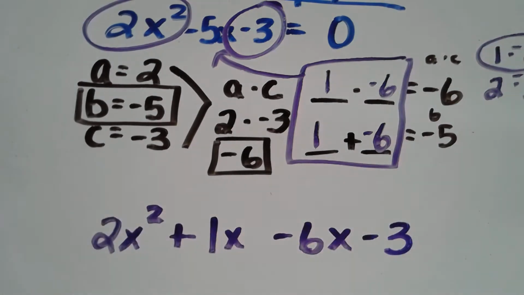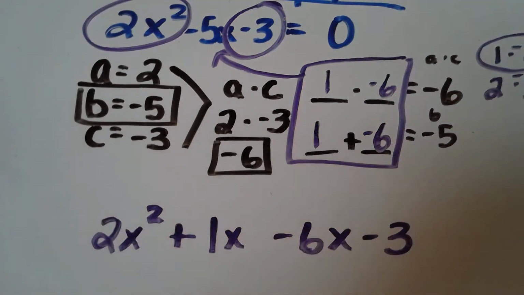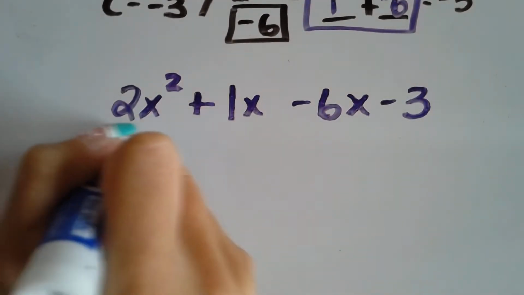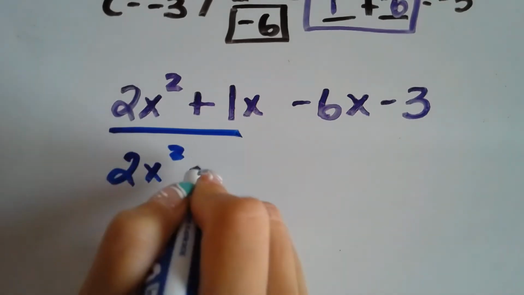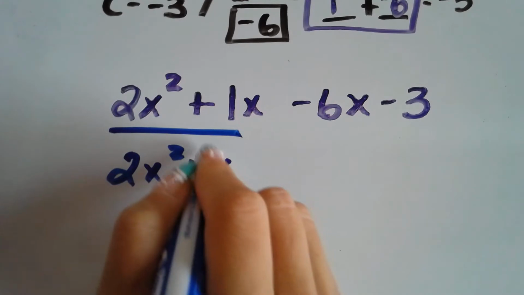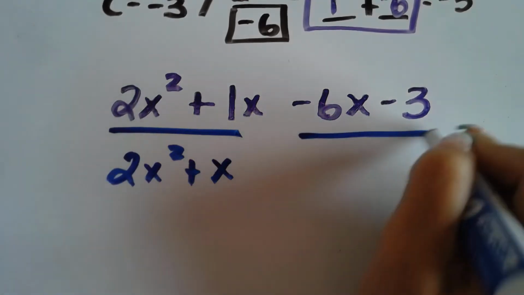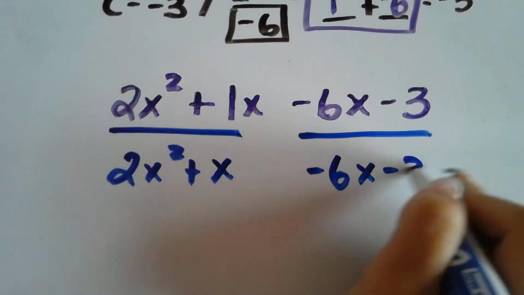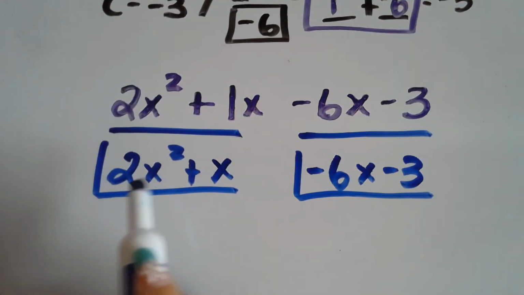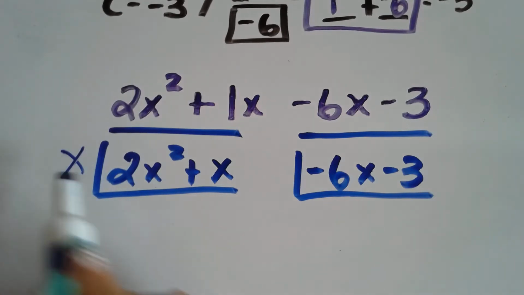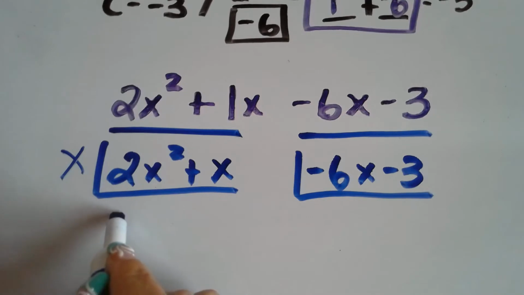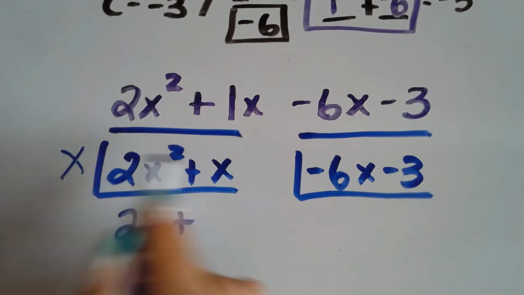So let's go ahead and group these, okay? So I have this one, so I'm going to write 2x squared plus x. Even though it's got a 1x, we know that there's an understood 1 here. And I'm going to take this one and write negative 6x minus 3, drawing in my ladders. What do these two have in common? An x. So 2x squared divided by x leaves you with a 2x, plus x divided by x